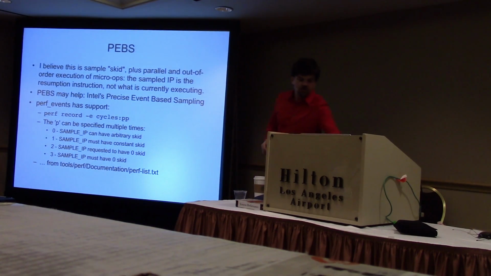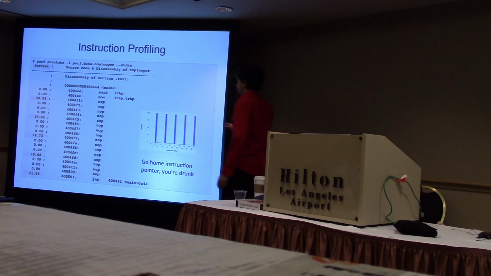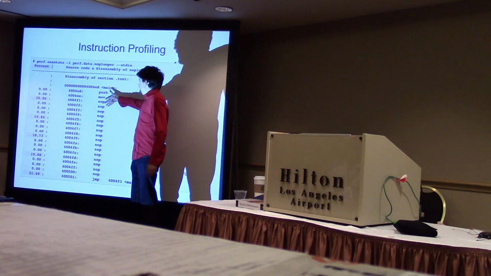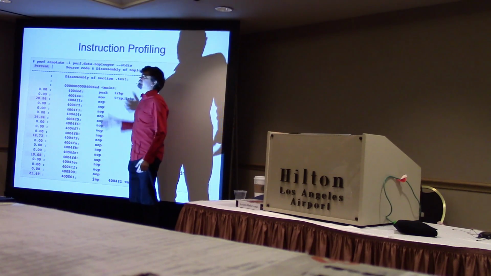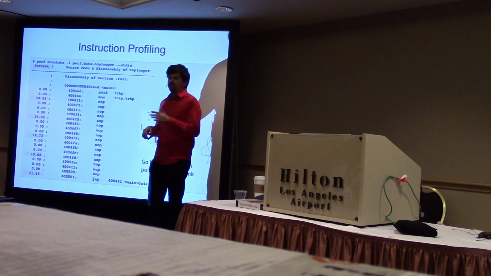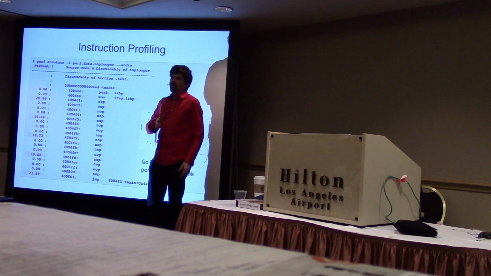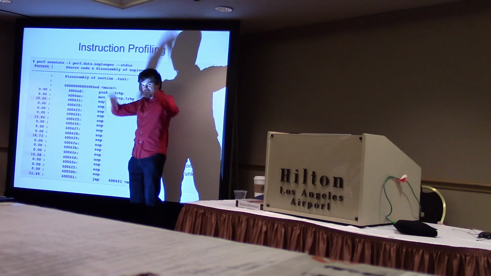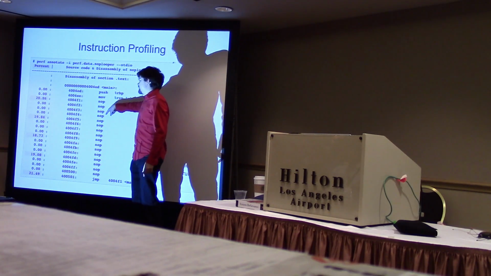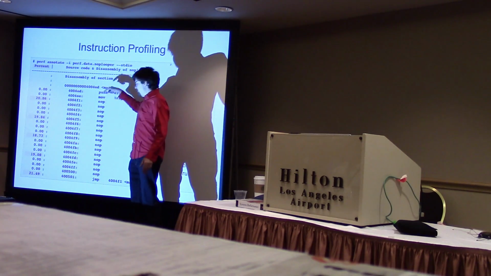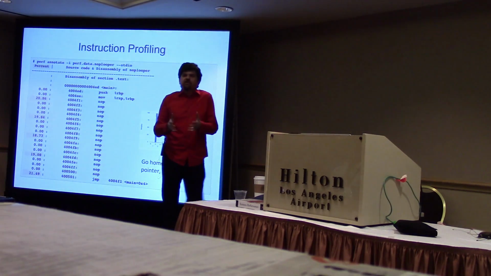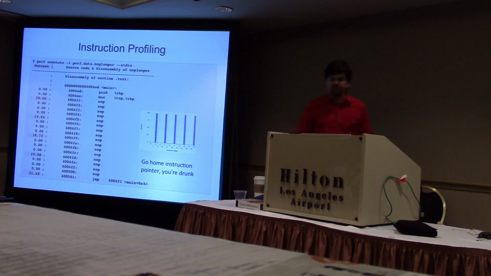Another reason is we're doing parallel, out-of-order execution of micro-ops. And this is what I think is the dominating factor. CPUs these days have a prefetch and instruction decode pipeline that does multiple instructions at the same time. This is a 4-wide processor. We pull off 4 instructions, decode them, and send them down as micro-ops. We set the instruction pointer to the resumption instruction. That's the one that gets sampled. You can't see the others executing, because of the way we're sampling the instruction pointer.